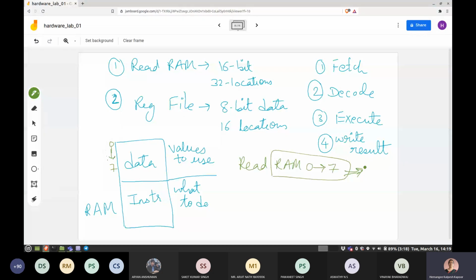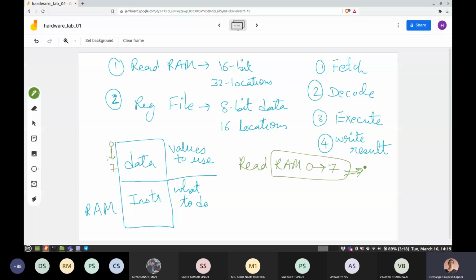But what we are going to do is the loading, all loading together. Any variables which you are going to use in your program, we are already going to load them into the register file. Load A, B, C, D, E, F, all these are your variables. I'm assuming I've got 8 variables which are stored in the data portion. I'm going to read all of them into the register file, and the index will again be 0 to 7.